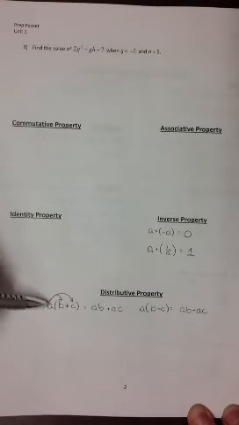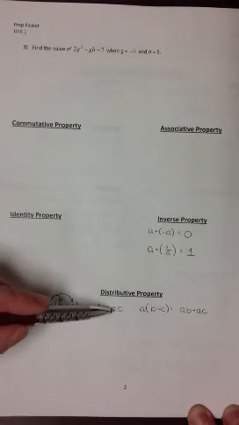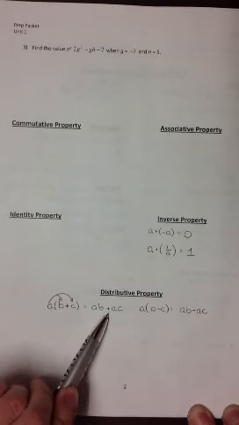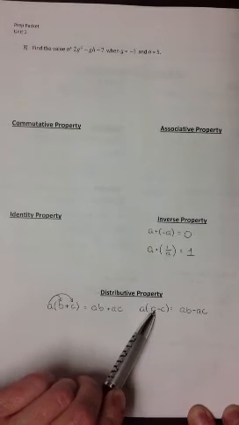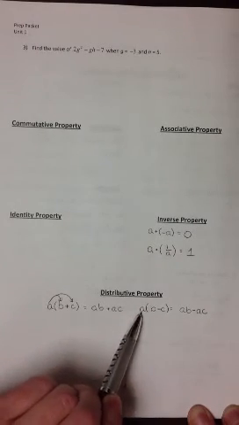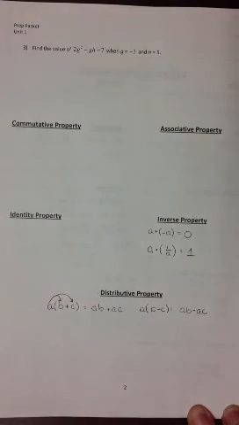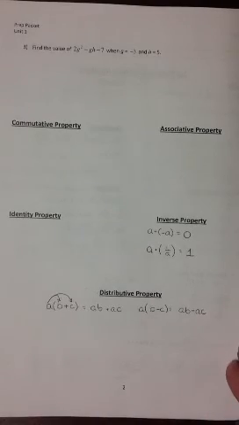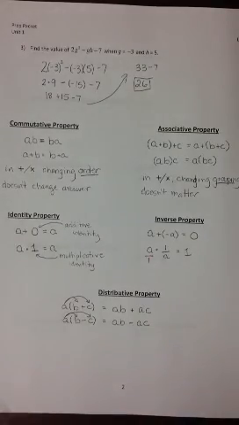We can distribute the a by multiplying a times everything that's inside this parenthesis. So a times b gives us ab, and a times c gives us ac, and they're still being added together. And then over here, a similar example showing that it can also be distributed over subtraction. So a times b giving us ab, and a times c giving us ac again, but now subtraction's what's happening between them. So now let's take a look at a couple of examples. Our first example